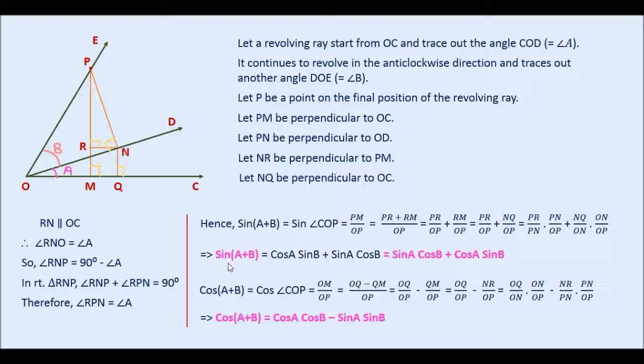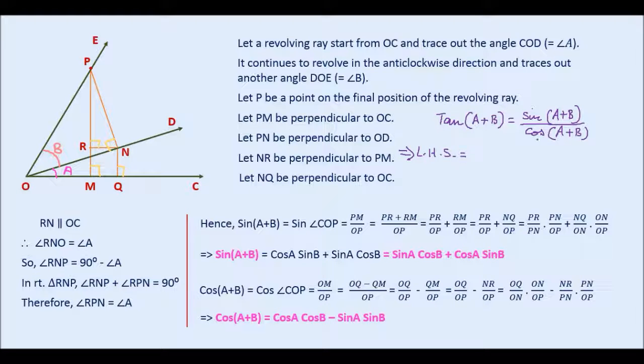Now let me write the tangent of the sum of two angles. It is very easy. All the other four trigonometric ratios can be deduced from these two. We usually do not write them, but even then I am giving you the tangent of A plus B. Obviously this will be equal to sine of A plus B by cosine of A plus B. So I am writing the left hand side,